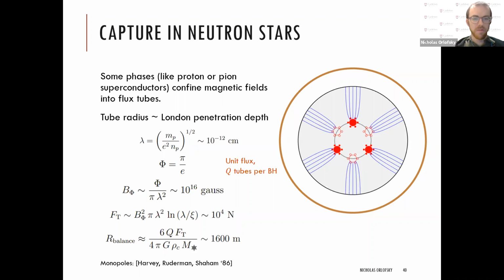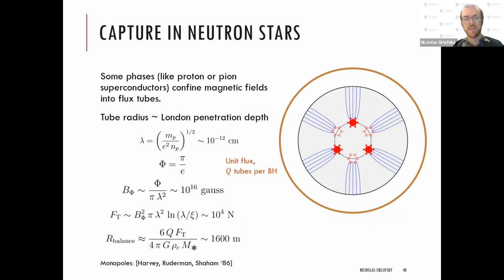So as a result of them being so small and having this unit flux, the magnetic field inside of them is very, very large, 10 to the 16 Gauss. And their tension is each tube has a tension of order 10 to the 4 Newton. So then you can ask,